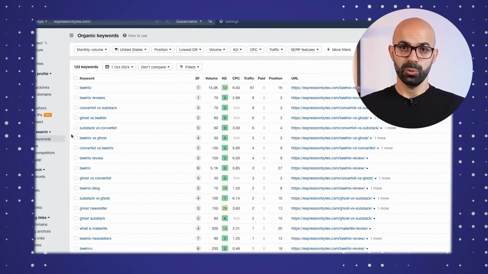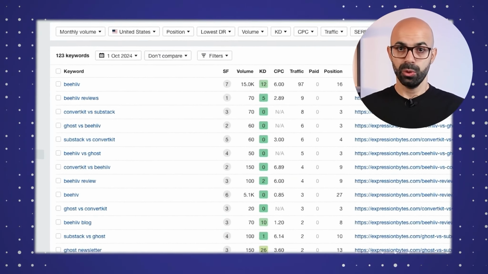You can see how well you rank for different keywords people search for, and you may even find new ones to target. This is really useful for getting a basic understanding of how your site is showing up in the